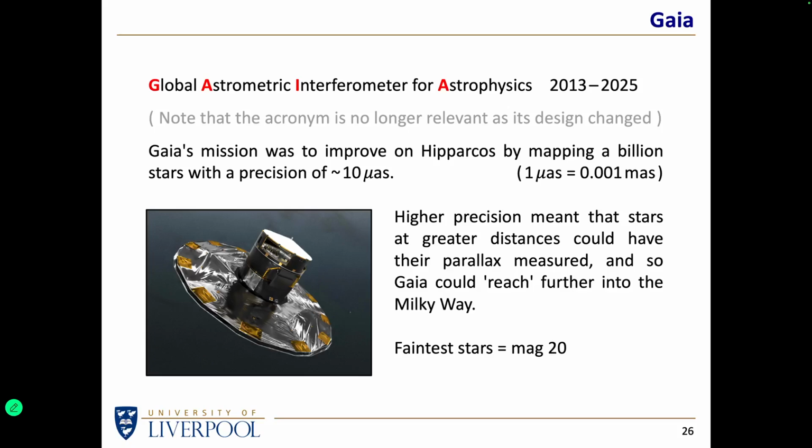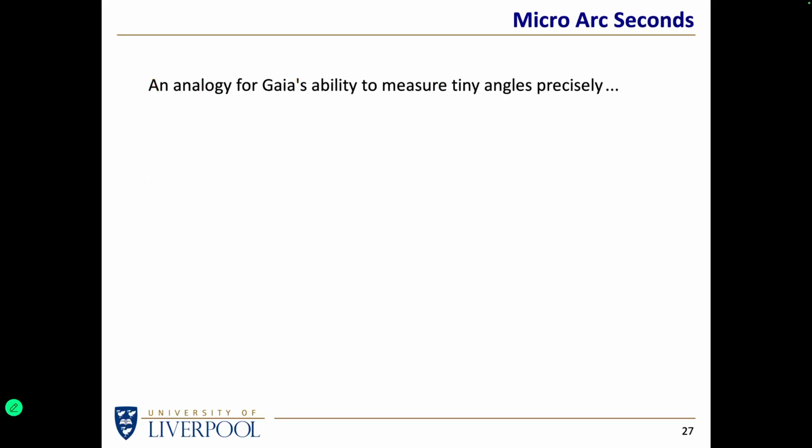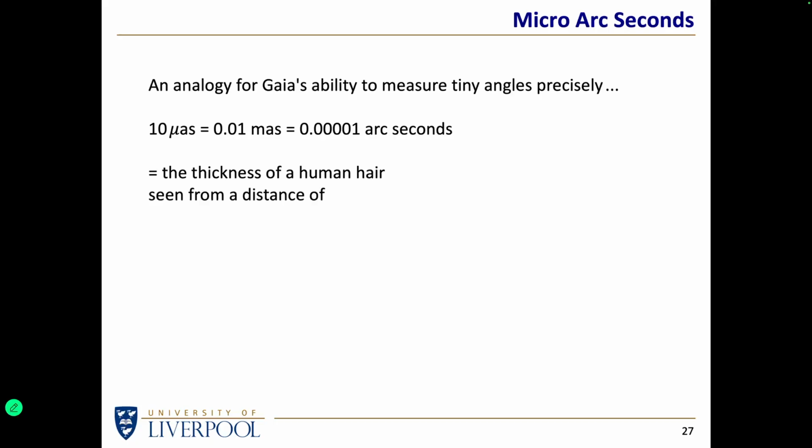Now, I'm sure this idea of 10 micro-arc seconds is something nobody can get their heads around because these angles are so small. So we need an analogy to give us an idea of just what this precision means. Okay, 10 micro-arc seconds, the sort of design precision of Gaia, 1/100th of a milli-arc second. What is that equivalent to? Well, it's equivalent to measuring with some precision the thickness of a human hair seen from a distance of 1,000